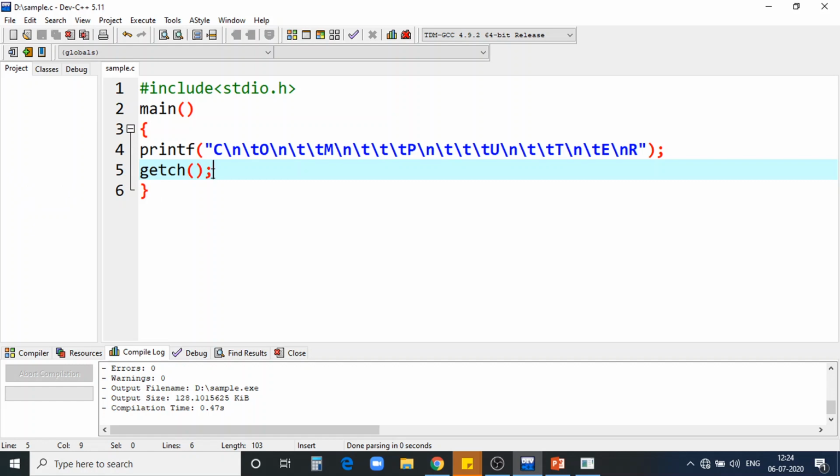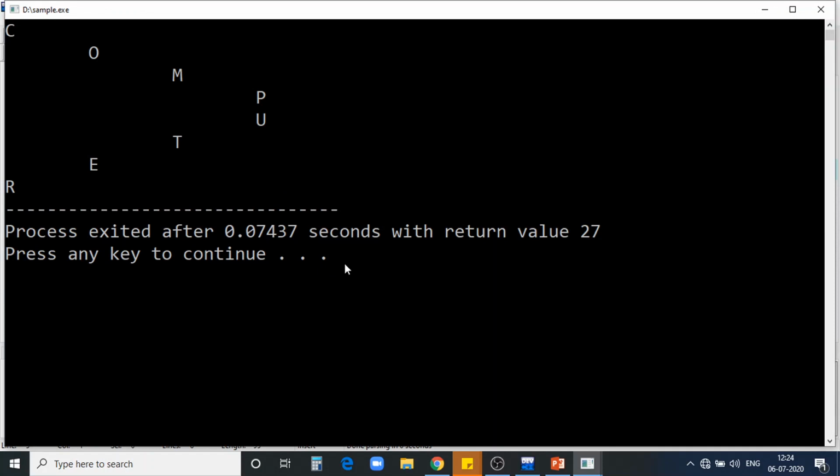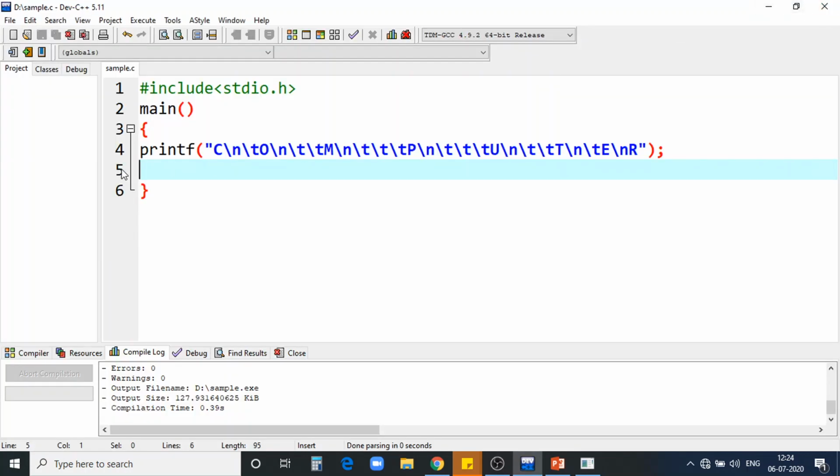In Dev C++ by default, even if I don't use getch, the cursor will be blinking before I end the program. But if I use other compilers, for example Turbo C, getch must be compulsory. If I don't use getch, we cannot see the output screen; it will immediately close. So to avoid that, till the user presses any key, the output screen should not be closed. That's why we are using getch before ending the program.